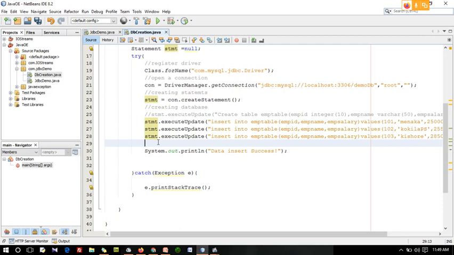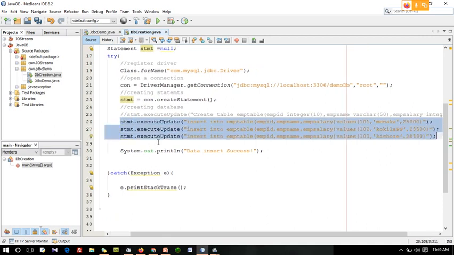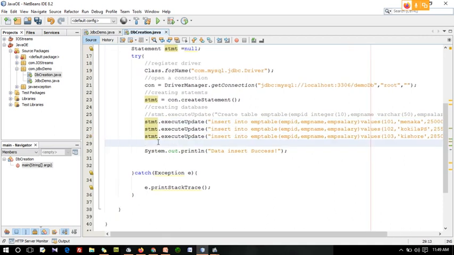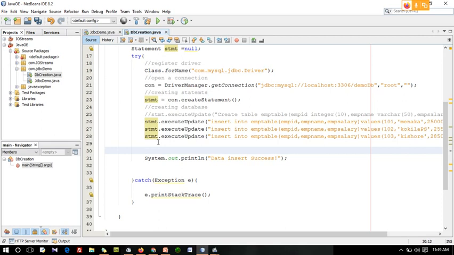Very good, result set. Up to this you don't need to use any result set; you are just sending the values to your database. Now you want to fetch the data from your database and display it here, so for that you should use a result set.